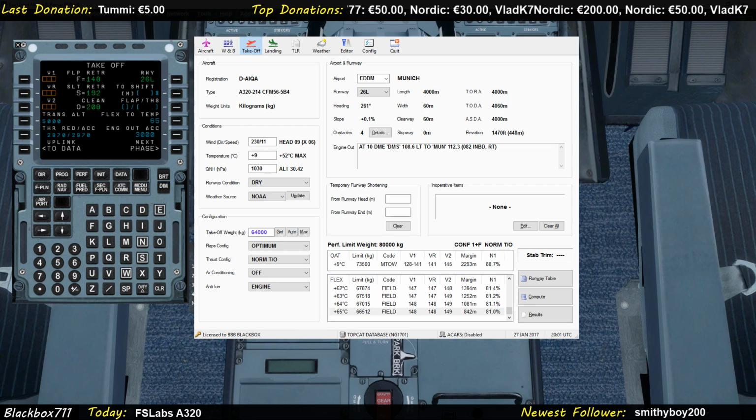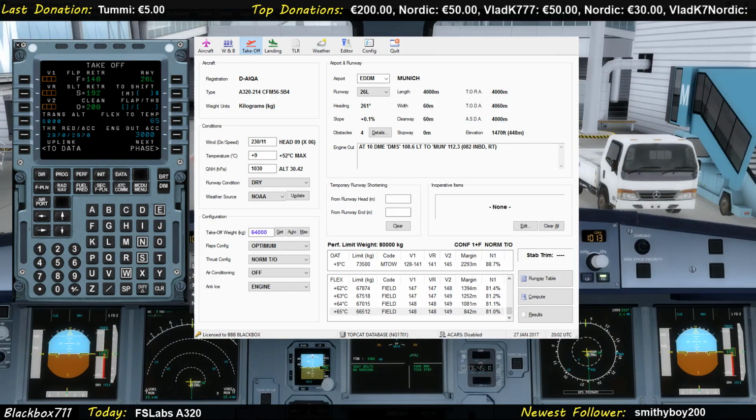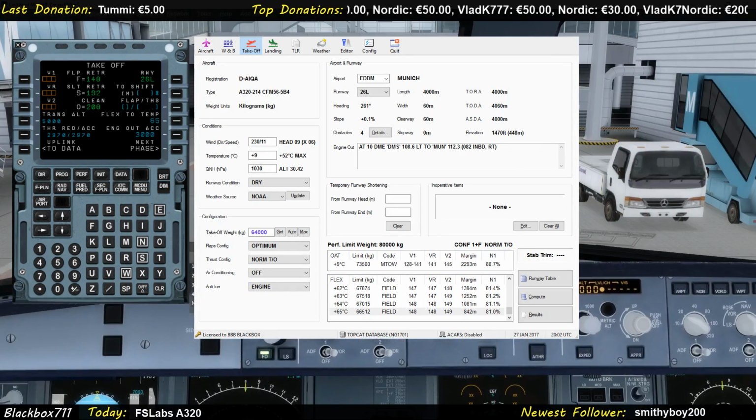Exactly, chat. Engine anti-ice is used when there is visible moisture and the temperature is less than 10 degrees Celsius. And also the wing anti-ice. The wing anti-ice is used when you have ice. Let me just see how that goes. All right, when you have ice indicating